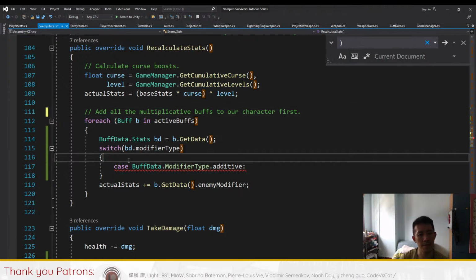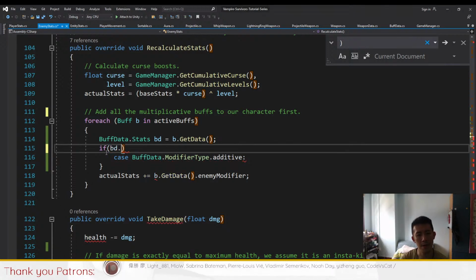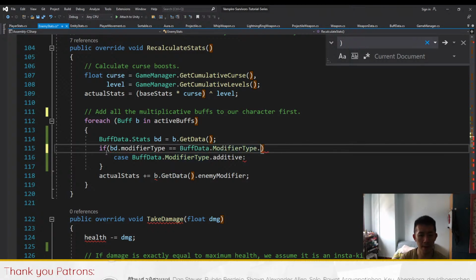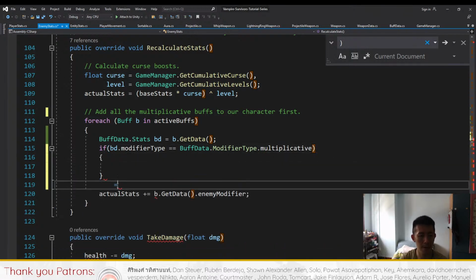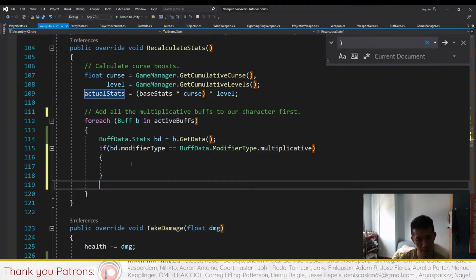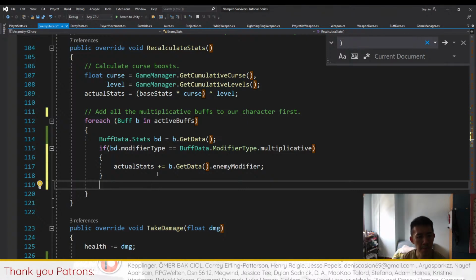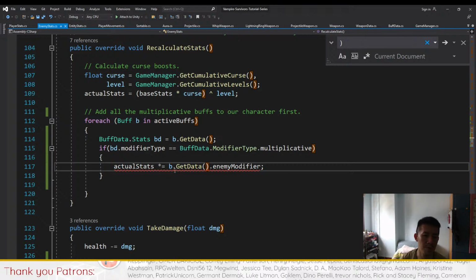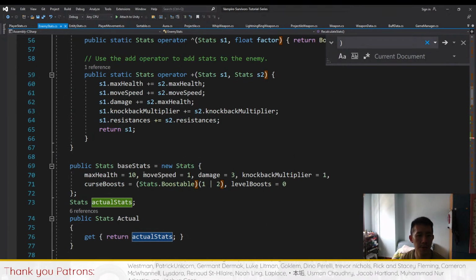So only if the buff is, if BD type equals buff data modifier type. So if it's multiplicative, we have to multiply the stats accordingly, but we can't multiply the stats, so we will have to